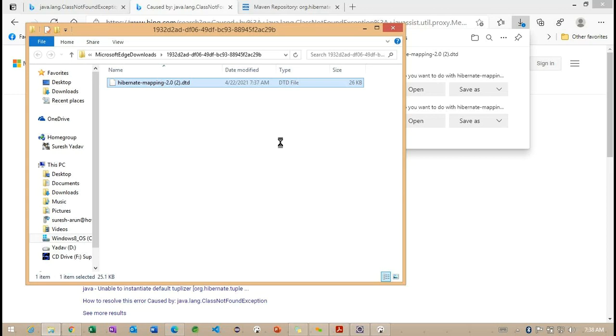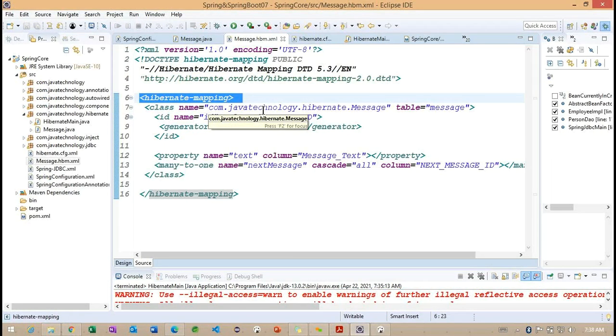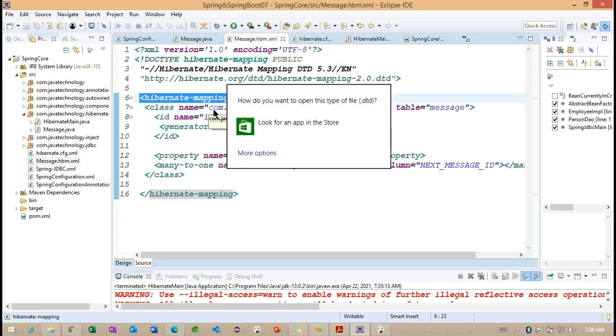So this is not responding here. Okay, so back to here. Basically, I'm trying to open it to see what exactly information it contains inside this particular DTD. These are mapping related information, and this is the main tag. So this is the main tag here.